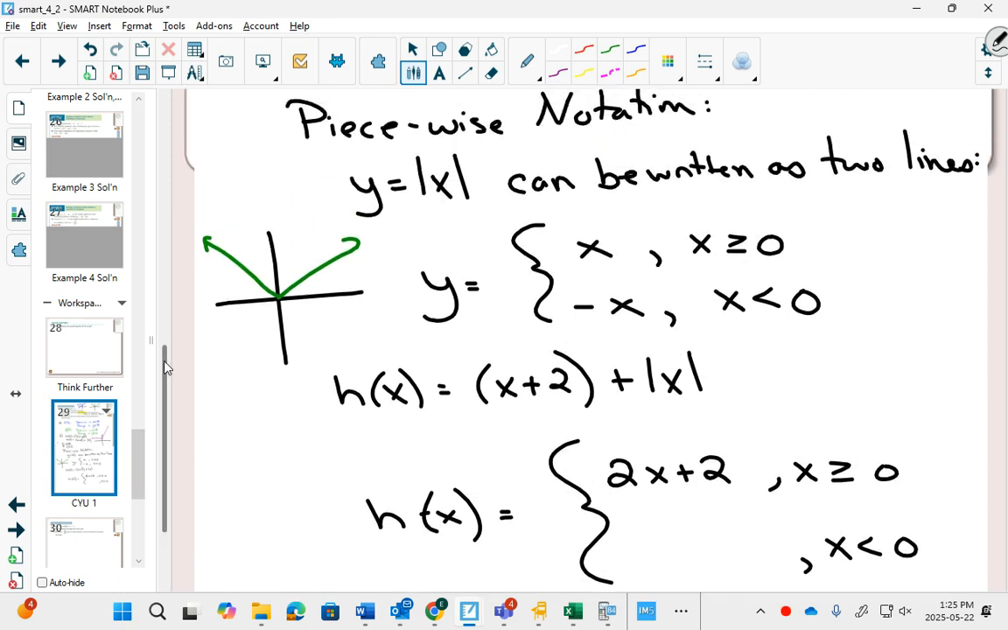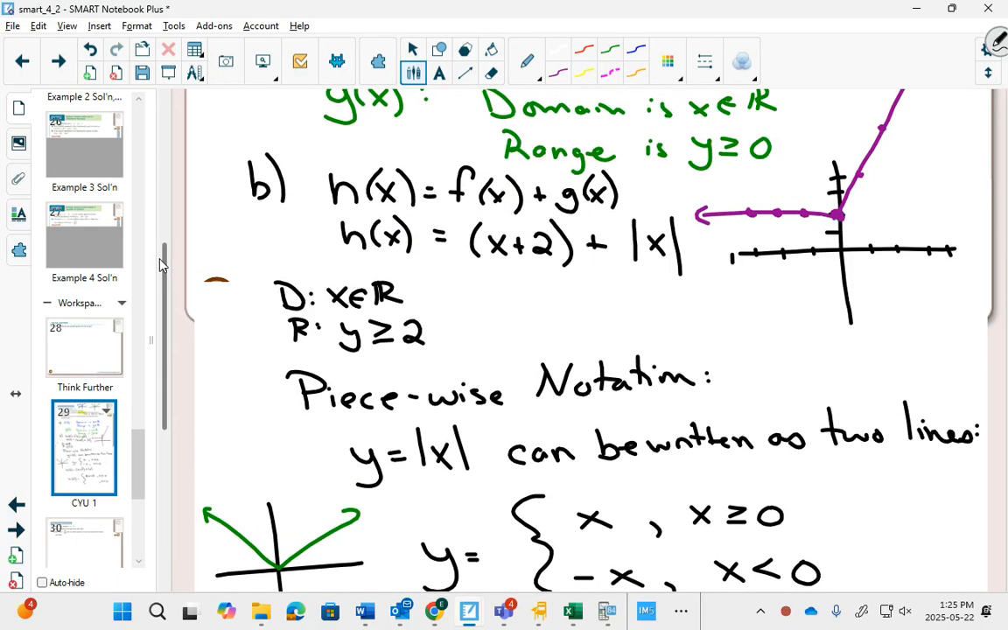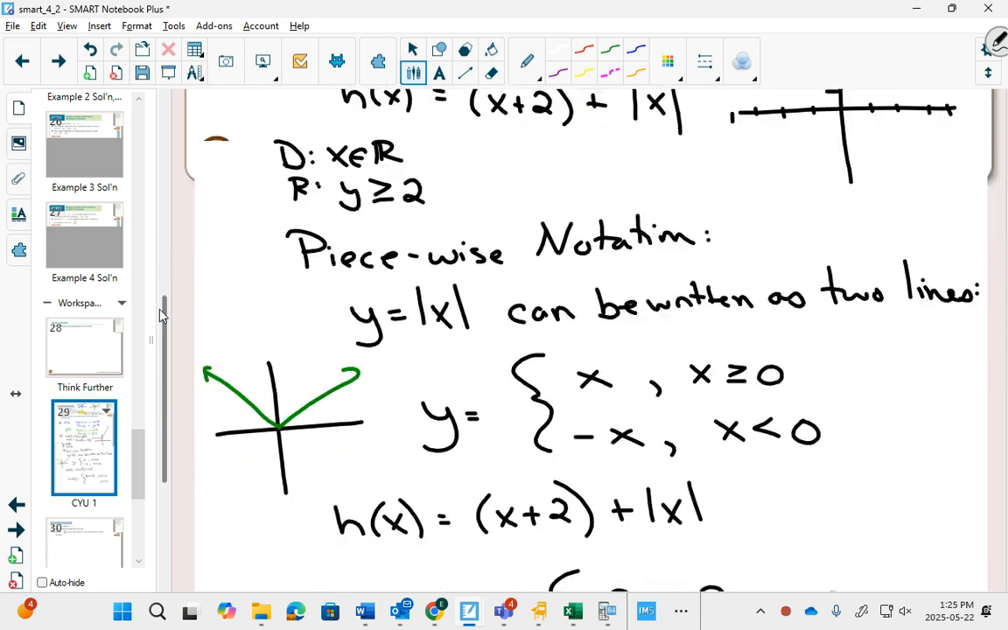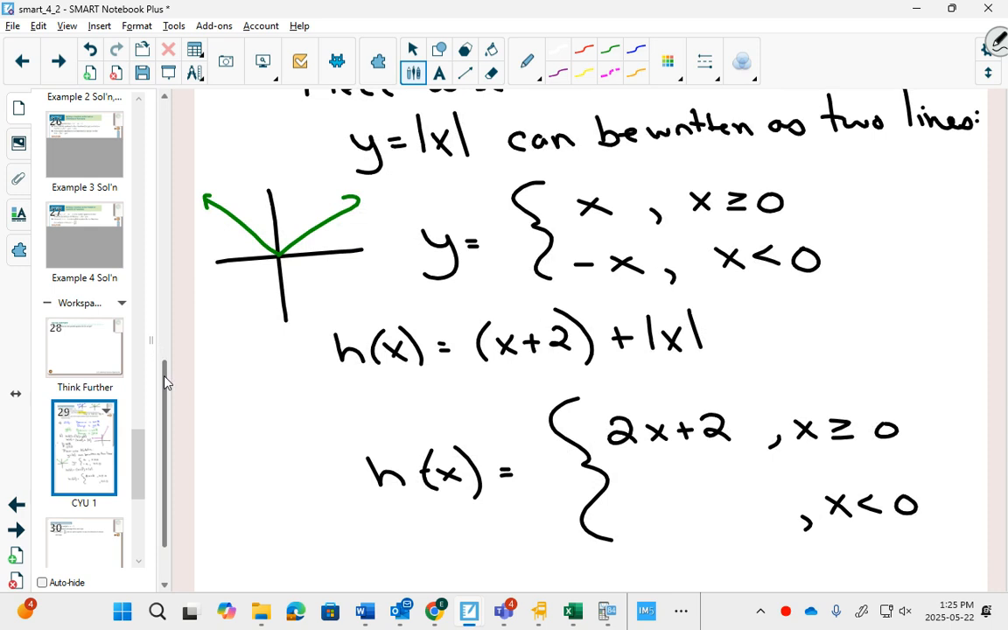Look at the purple graph that we made. Can you see the slope of 2? Can you see a y-intercept of 2? Does it make sense that that purple part on the right-hand side is 2x plus 2? And